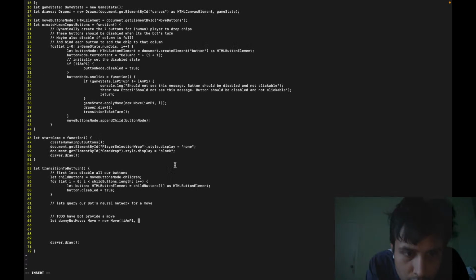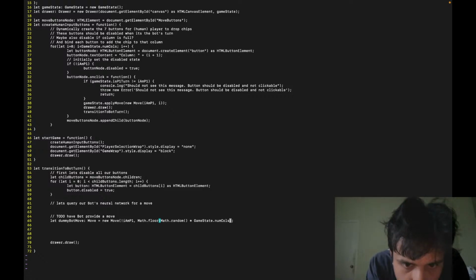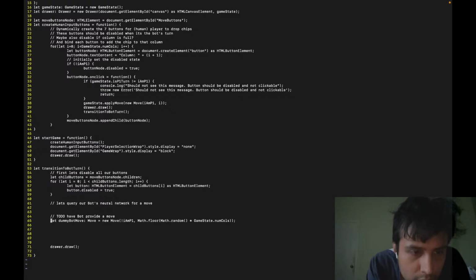So map that. Exactly, just this. That for specifically game state.num calls. At this point, I could probably hardcode 7, but whatever. Just leave it generic. Okay, so then that closes that one. So let's add another parentheses, and then let's just do this exact same thing. Game state.apply move. Just have it do anything random. Yes, I know that it'll throw an error if the comms all filled up. That's completely fine. Apply move to this dummy bot move. Paste. Okay, so then game state.apply the move, and then we